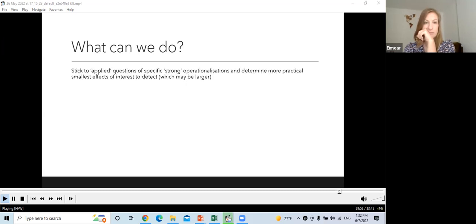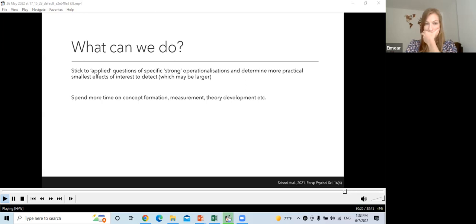So, for example, I've said about moving towards being a theoretical science. Maybe we could just stick to being applied, and we could say, look, we're just interested in particular operationalizations of outcomes, and what we care about is whether intervention X produces a change in this operationalization. We don't want to necessarily explain the capacity. And as such, we might just think, instead of looking at the smallest effect sizes of interest that are meaningful in some other sense, rather than predicted by theory.